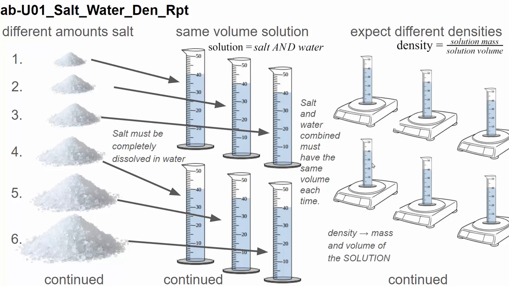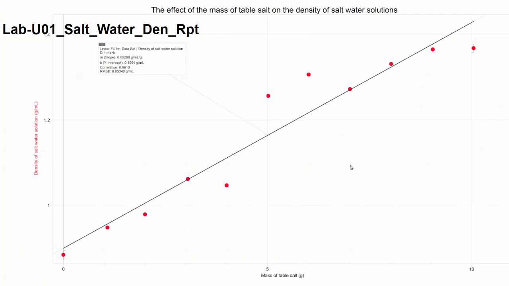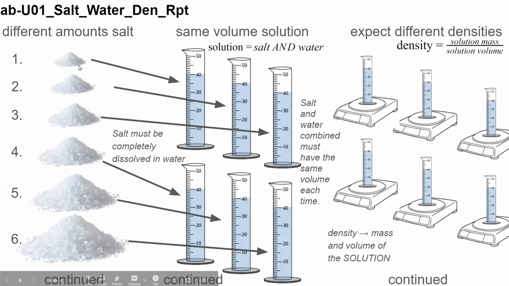Make sense? All right. Then you got to produce a graph with that data. You're going to have mass of the table salt. Okay, let's go back to that previous slide. The mass of the table salt goes on the horizontal axis. That's what you changed. You kept the volume constant. That's a controlled variable. All right? That's why we keep the volume the same, because you need to control that variable. That gives you some practical experience with what a controlled variable is. It could be a variable because you could change the volume, but we don't want to do that, okay?